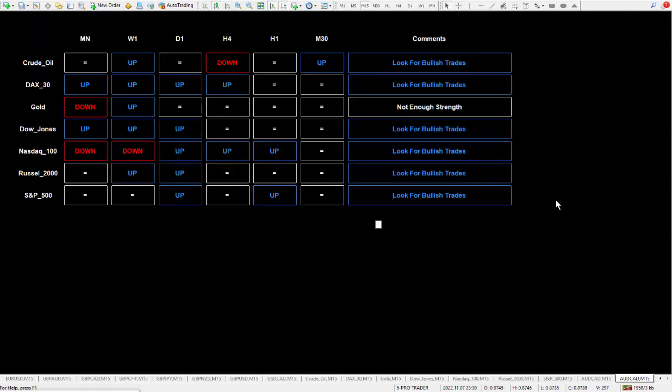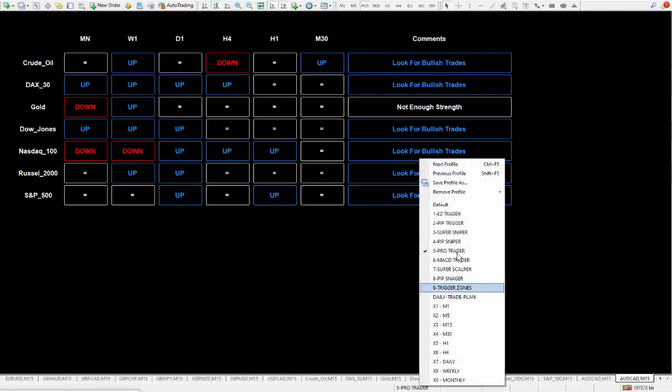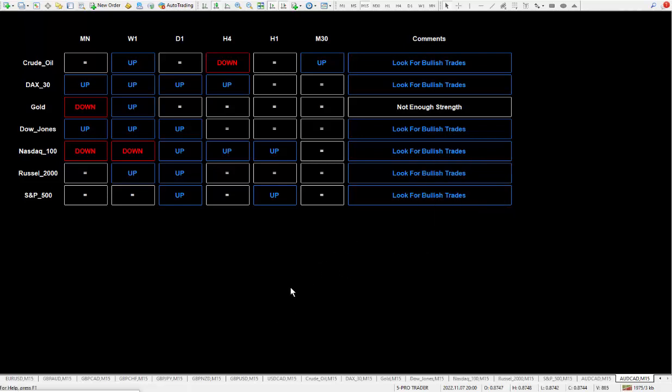If you have an older computer and slower internet, this will take a little bit longer to load. 1, 2, 3, 4, 5, 6, 7. These are the 7 that I focus on. And I happen to have those 7 pairs, instruments, inside here where it says default. That's where they're at. If your computer is running a little bit slow, running 20 instruments, well, remove the ones